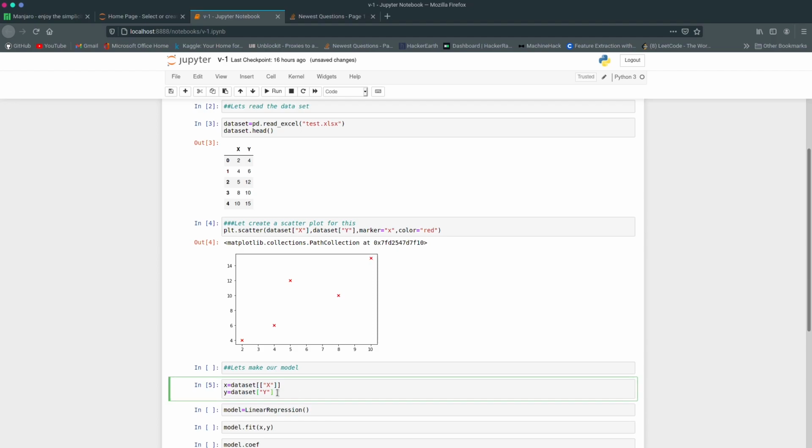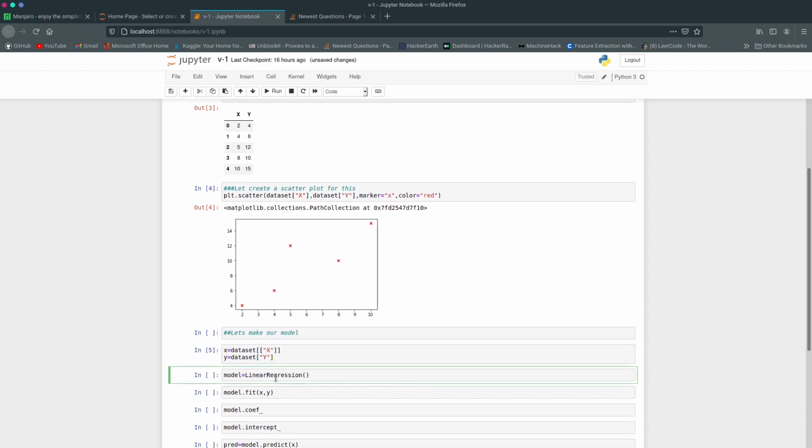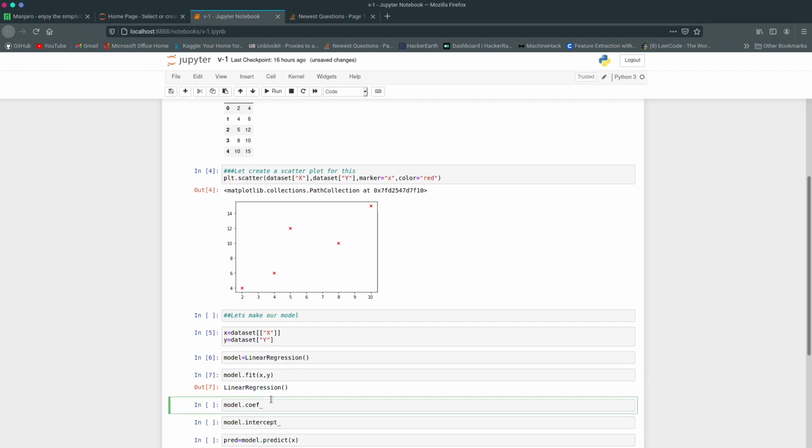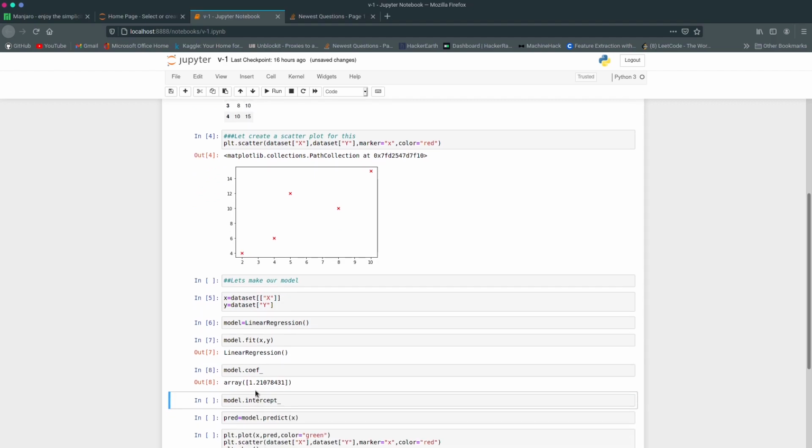I'm here segregating this into dependent and independent features, where x is my independent feature and y is my dependent feature. Now I'll make a model for linear regression, then I'll fit the data, then I'll see the slope. Oh nice, we can see it is 1.21, and what we first initialized was 1, then we got 1.05, then we got 1.08. In this way the machine learns and updates its weights. It's not done in one go. It's an iterative procedure, you can see.